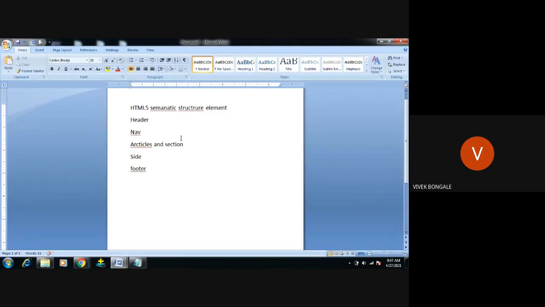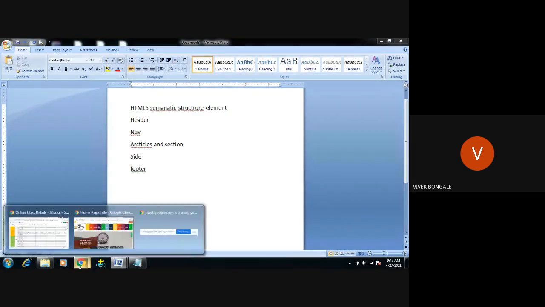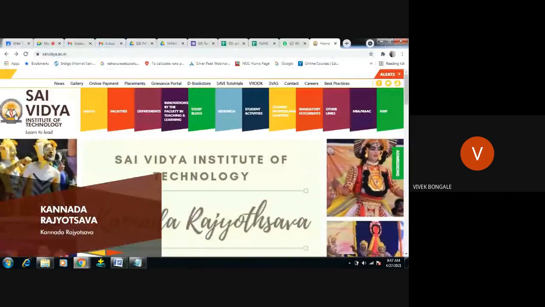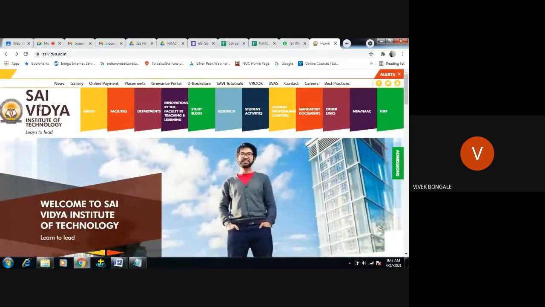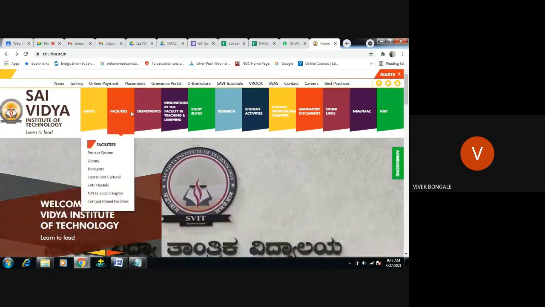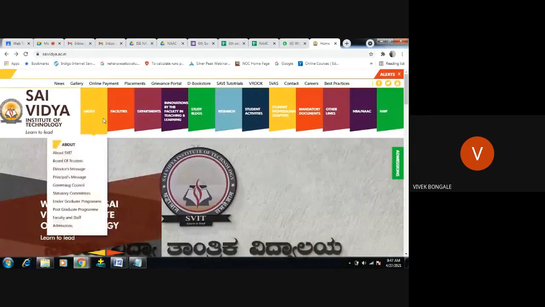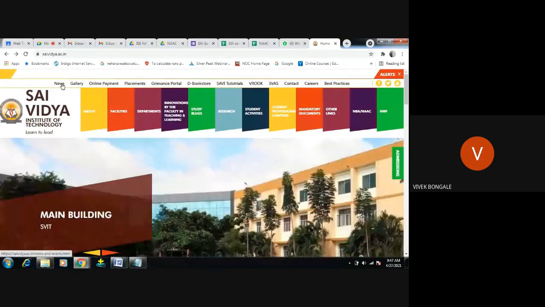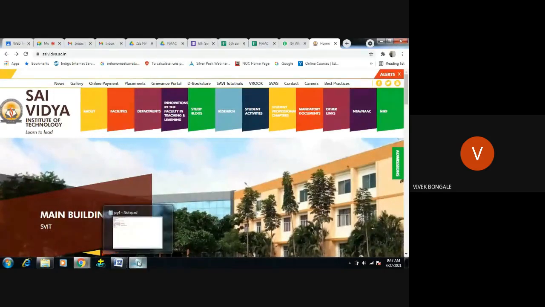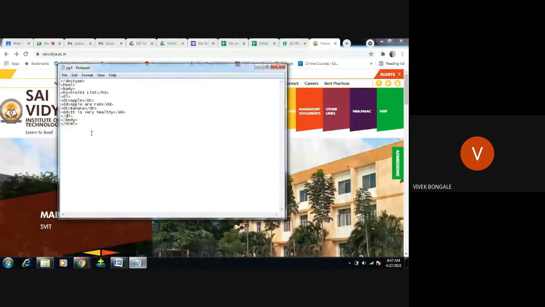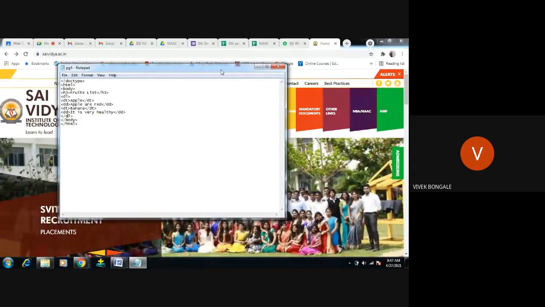What is the header, what we have to give in the header part, and what we have to give in the footer part. Correct? So we can give the header as you've seen, right? In the website, you have seen this logo. This is one image we have kept in the header part, followed by one heading, and followed by some other navigation links. Either we can use them over here or we can use this navigation link. Right? So how to create this one? Okay, first we'll start with the header and footer.